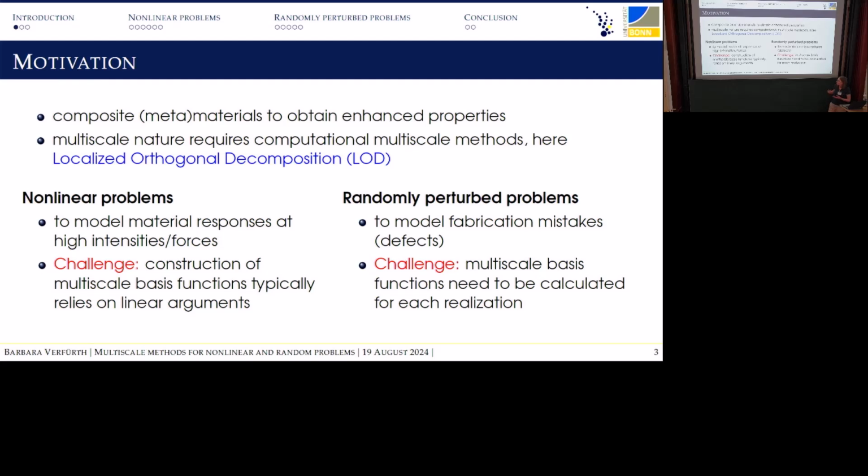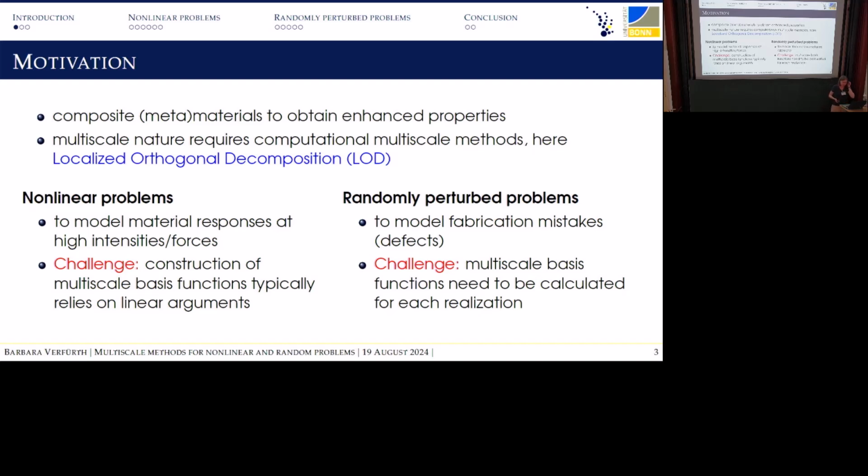And you have the challenge that we've already seen in the first talk. This is also a very common challenge for multiscale methods, that the multiscale basis functions that we construct typically rely on the multiscale problem you want to solve. So if you have a slightly different multiscale problem, you have to recalculate your multiscale basis, at least in theory. But of course, if there's only some sort of small, whatever small means, change, you would hope to reuse parts, and the question is how you can reuse this, when you can reuse this, and how to make best use of it. So these are the two general challenges I want to address in my talk.